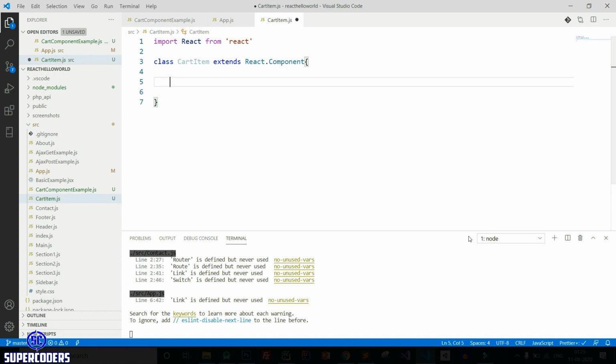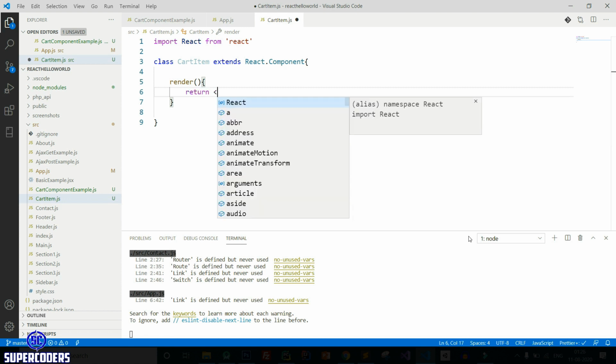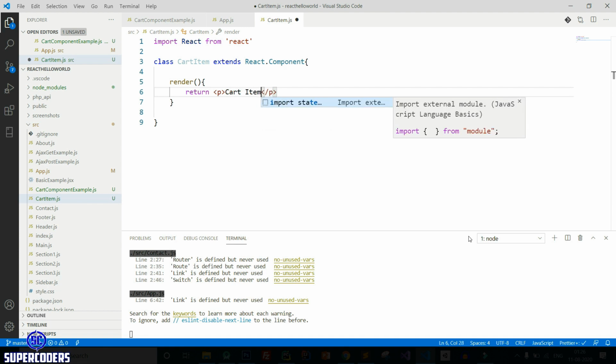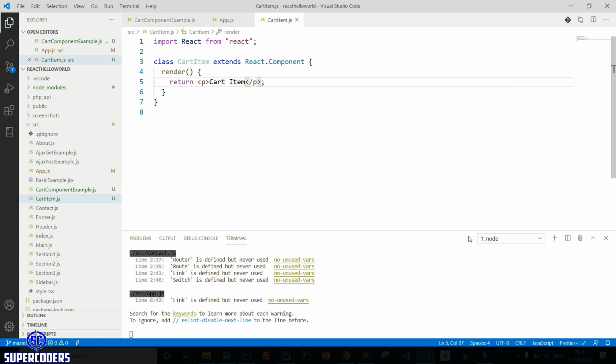Now create render method, so render, then return cart item. Save it.